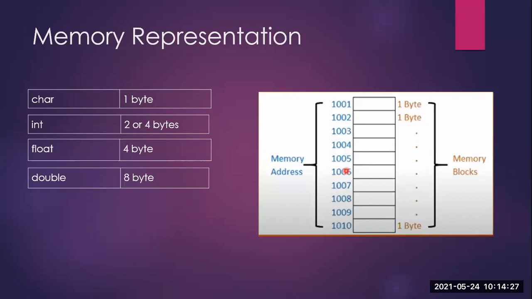Okay, so for our understanding here, we have just taken these numbers. They can start from 0 and extend up to n. So we have taken just one simple block consisting of 10 bytes. Why 10 bytes? Each of the memory addresses, now 1001, this one block, is made up of 1 byte. So like this, each of the memory blocks here will be made up of 1 byte each. That is why we have here 10 bytes.